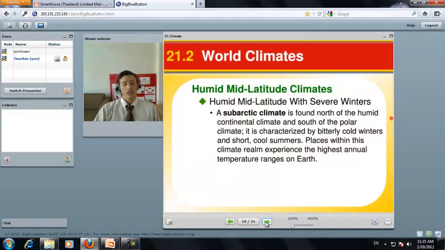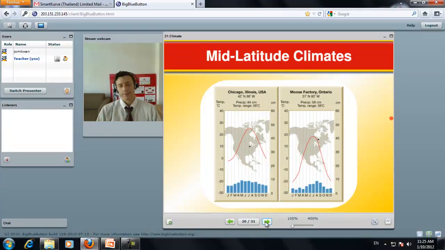We're now going to look at climates that are in the middle of a continent, very far from an ocean. And we're going to look at that on the next slide. We're going to look at Chicago, Illinois in the United States, and the town of Moose Factory, Ontario in Canada. Notice, compared to the cities on slide 18,